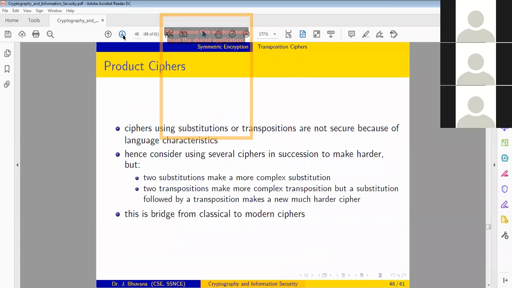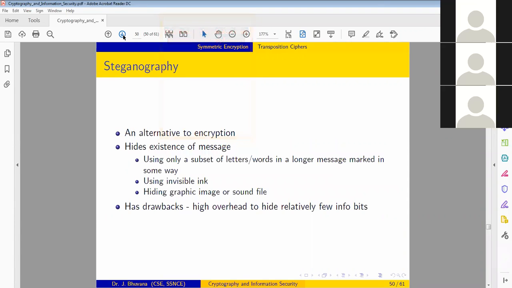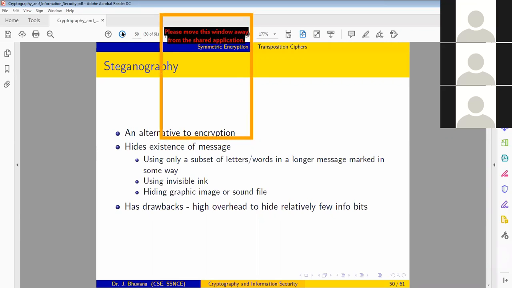So this is a row transposition cipher, and there is this product cipher that combines both substitution and transposition techniques. And there is another kind of technique that secures the message being transmitted. Cryptography shows the presence of the message to the cryptanalyst or the attacker, whereas there is the steganographic field where